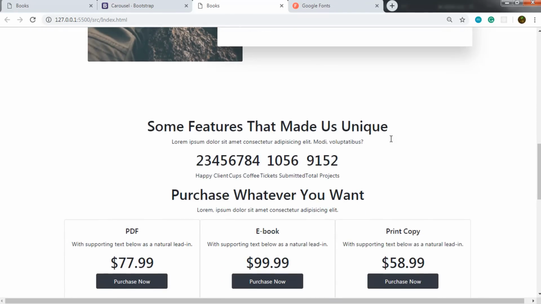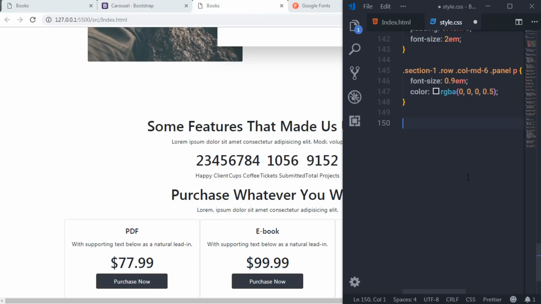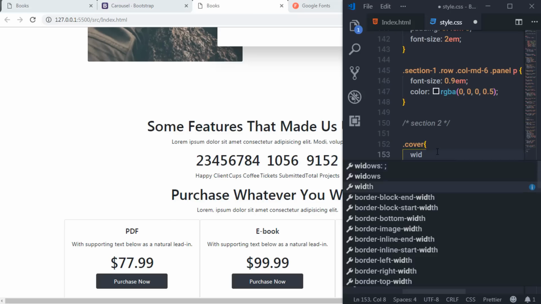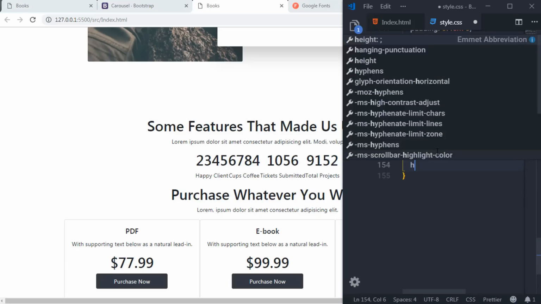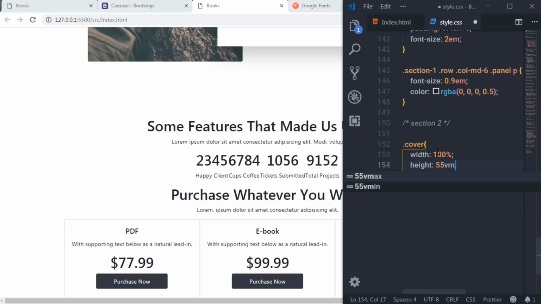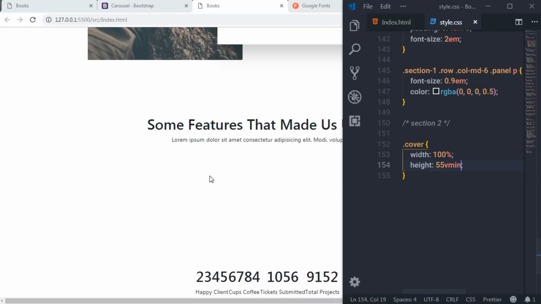So I'm going to style this section, so I will open this up and just create a comment and say here section 2. Now in this section I'm going to first select the cover class, so I'm going to say cover and just specify width 100%, then I will say height 55 vmin. Save the changes. So this will add height and width for this cover class, and then I'm going to say